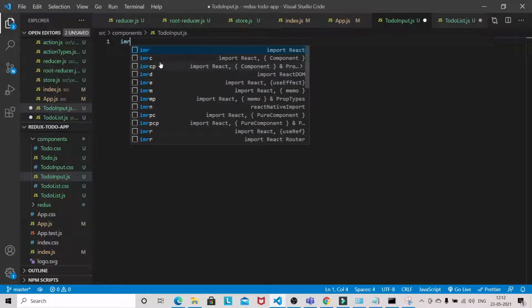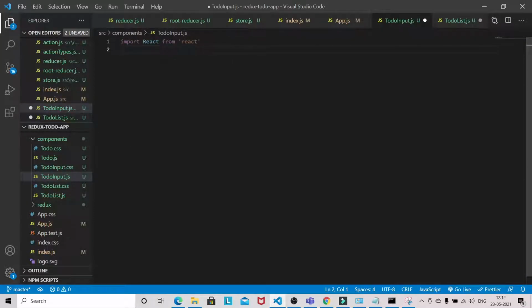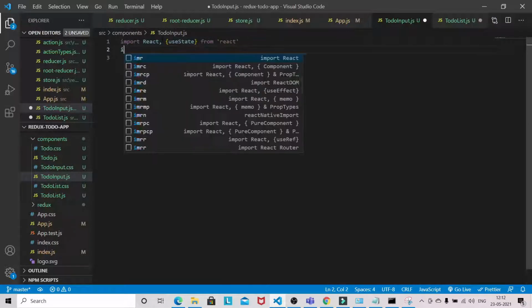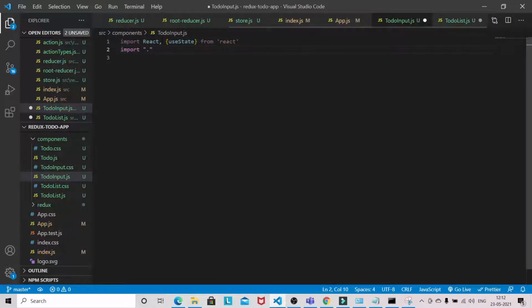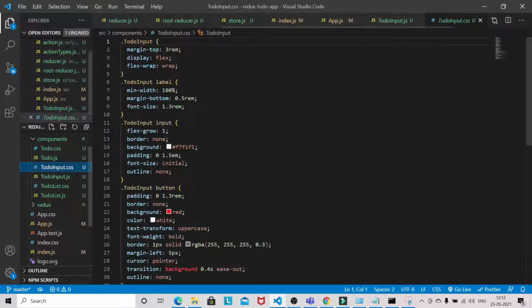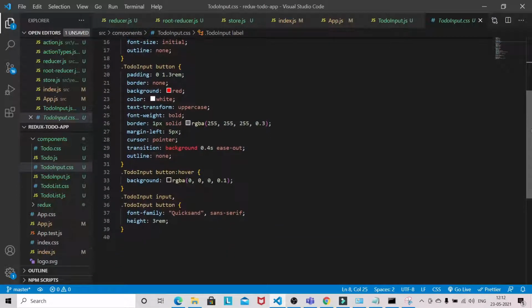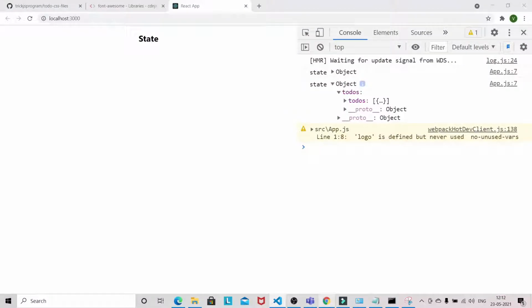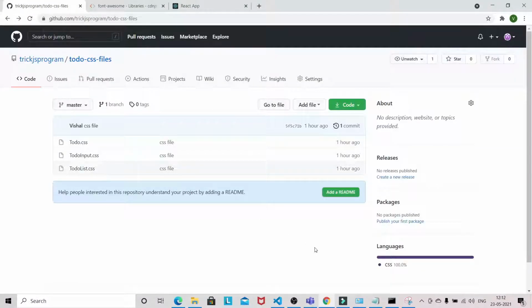Okay, so import React and import this todoInput.css file. Okay, so I will show you the CSS file. If you want to copy, you can copy it, or you can download from this GitHub link.